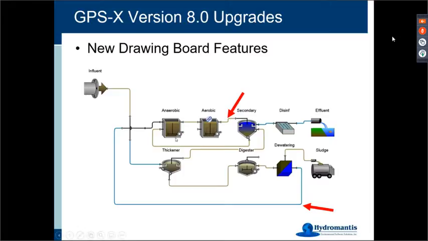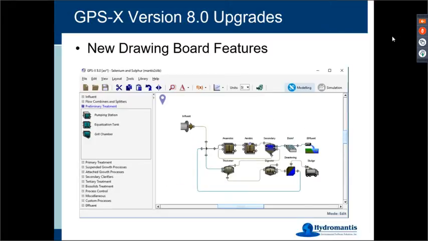Another thing that we did too was we redesigned the way that the combiners and splitters show up on your drawing board. This actually helped a lot in order to reduce the number of times that you have a corner in your line. Many of the layouts that you load from your older versions into version 8, you may need to rotate a few things around, but you'll find that it really helps a lot to simplify the look of the way that your drawing board has been put together.